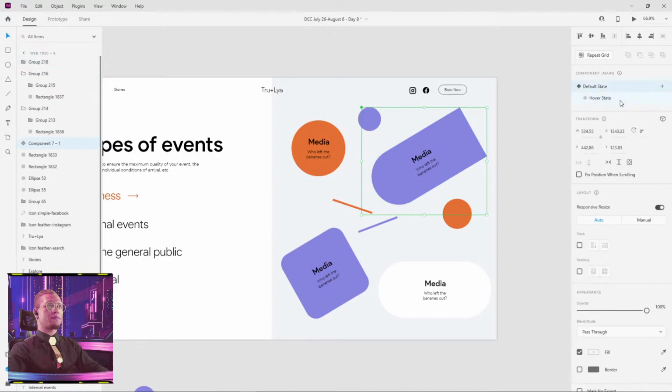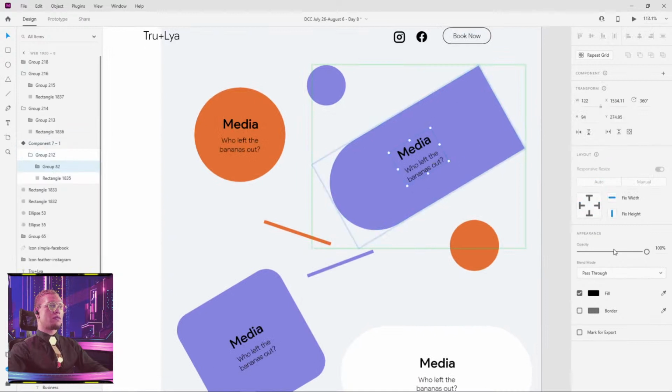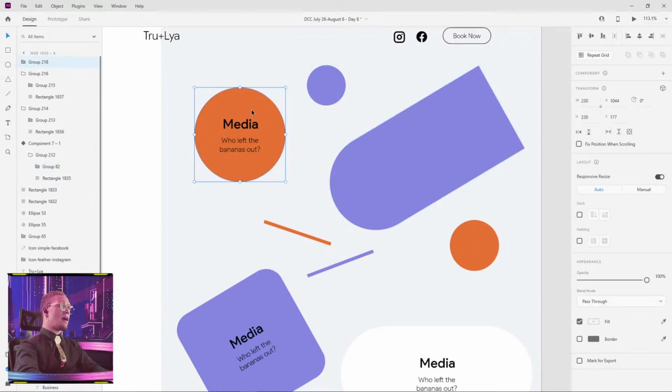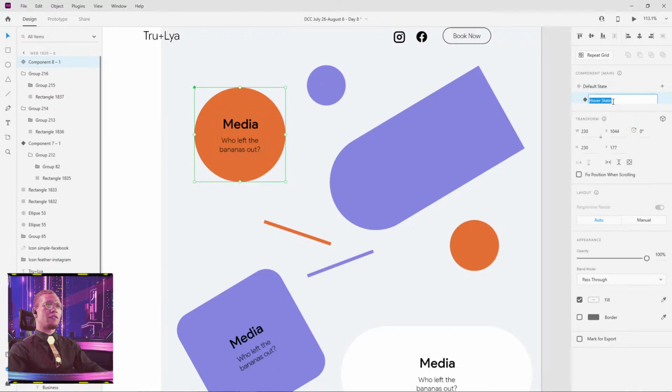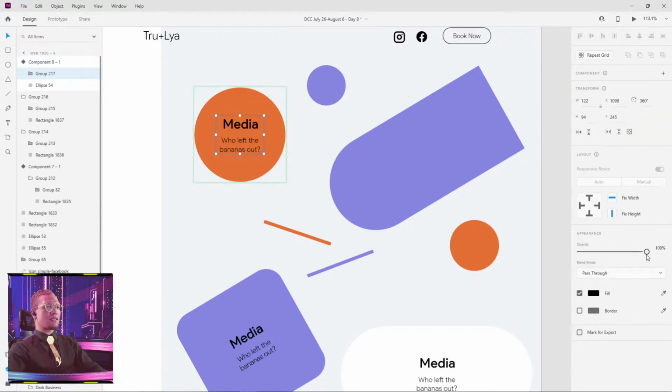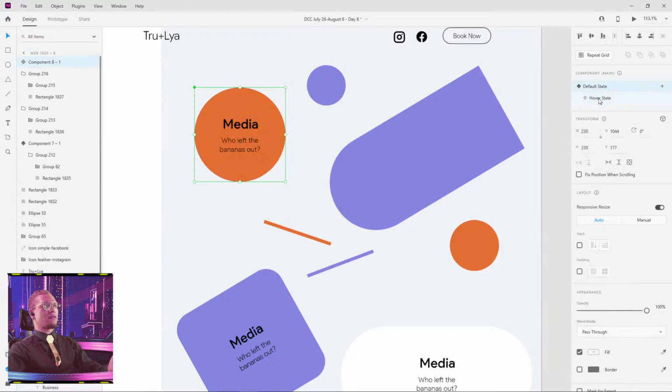So hover, we're gonna click on that, and we are going to just turn the opacity down for that group of text. So I'm just gonna go around to all of my groups where we have the text and shape together, and we're just gonna go ahead and make a hover state for them. And make sure that we actually have selected the hover states. Select our text, turn the opacity down, and so when we go back to default state should have the, oh,